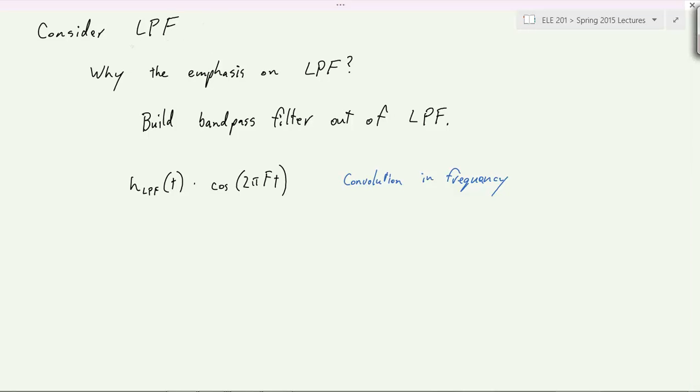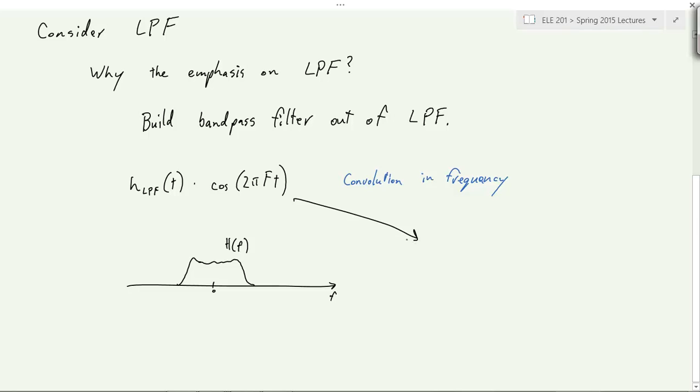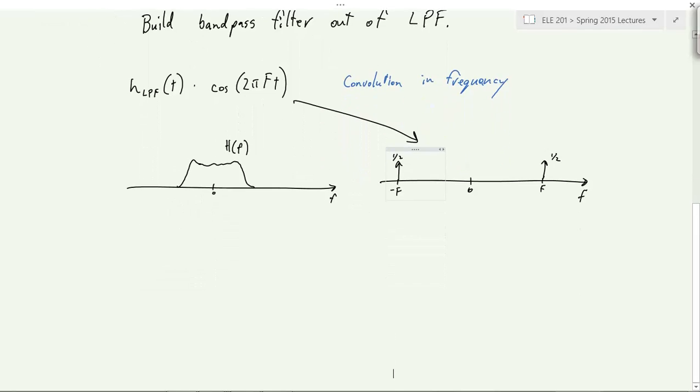And so what that means is if your low-pass filter looks like this, let's say it's not ideal, something like this. Okay, this is your H of f. And, of course, the cosine looks like two delta functions, one of them at f and one at negative f. And the heights, of course, are just a half, but it's not so important. Then you notice that assuming f is much bigger than the cutoff of the low-pass filter,